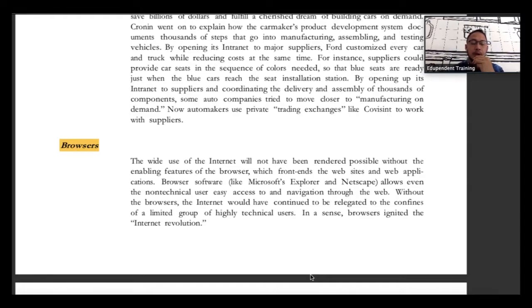Let me put an example, www.idx.co.id. They provide information regarding companies in Indonesia that are already listed in the stock exchange, and then financial information, annual reports, corporate actions, and then stock price, and all related information regarding companies listed in the stock exchange. So that's the kind of browsers that we are going to use and how to utilize the browsers. A lot of information also if you are looking for bond rating.